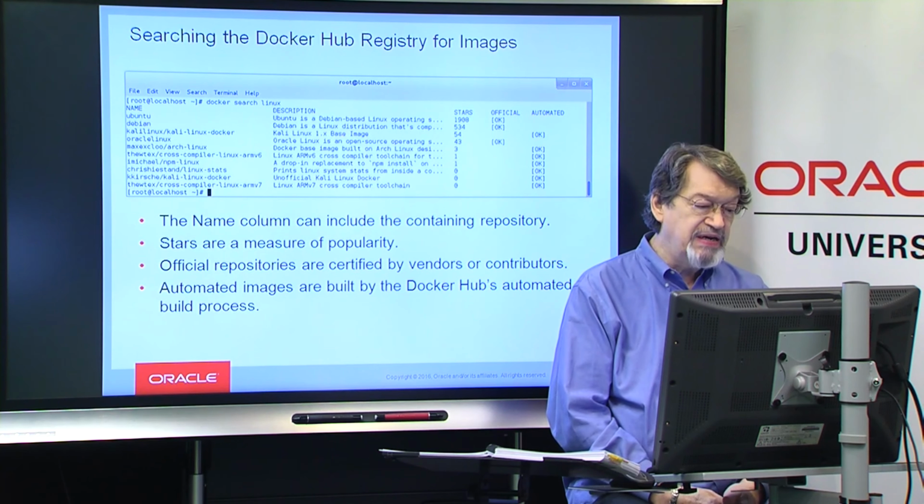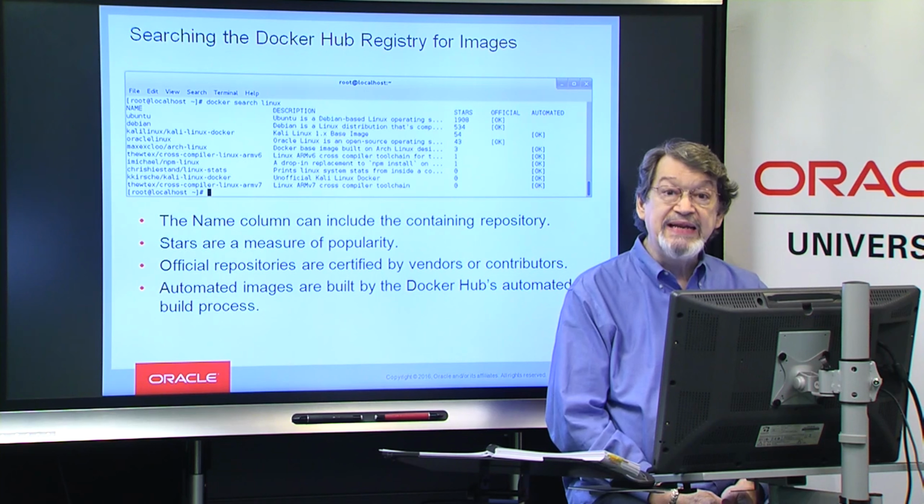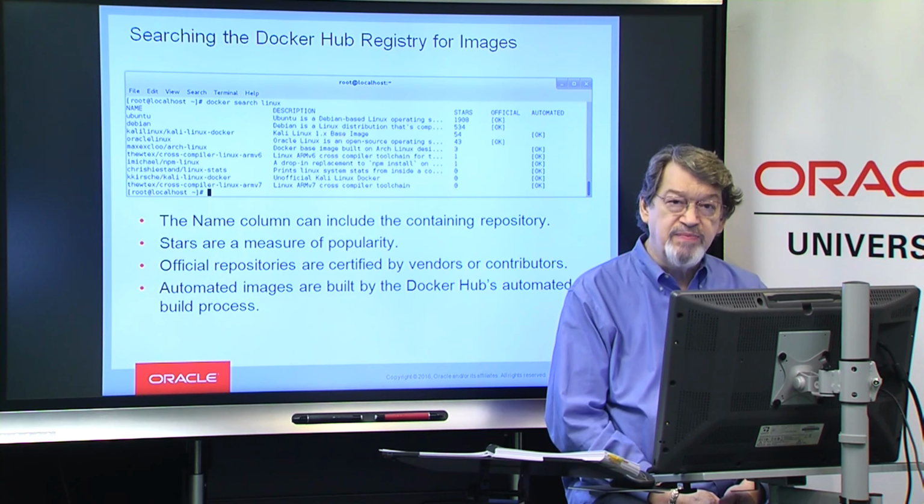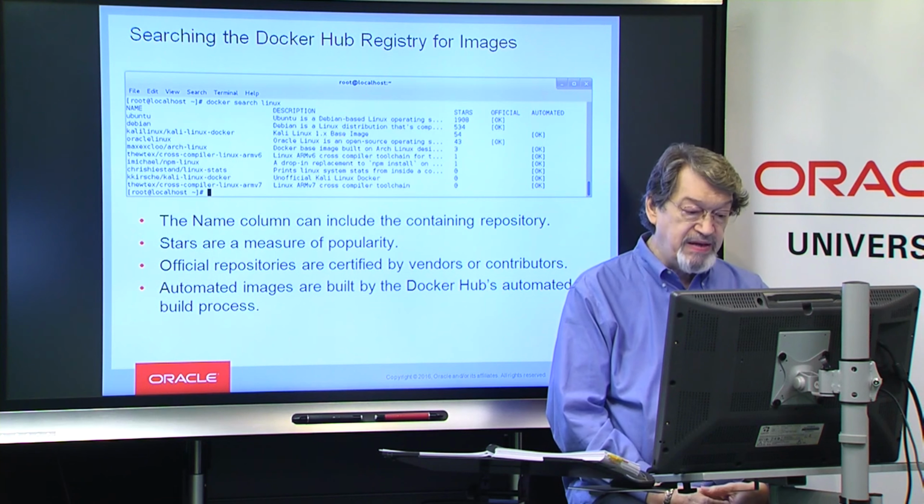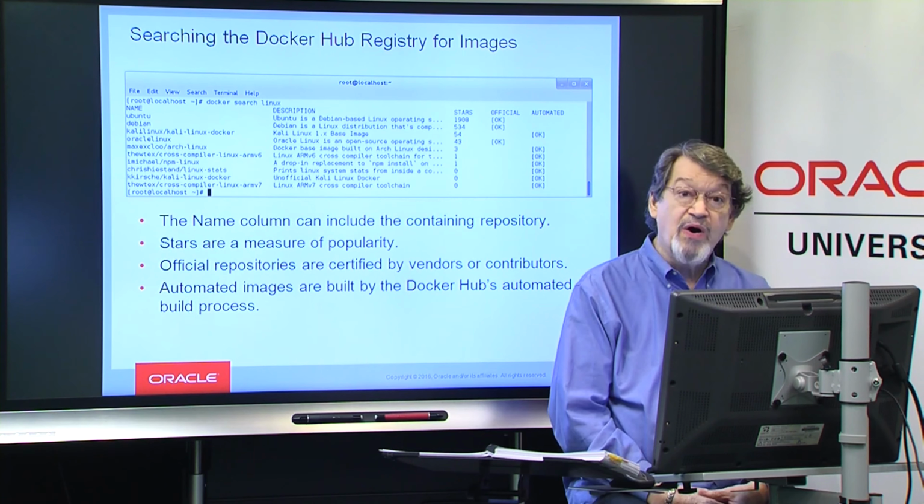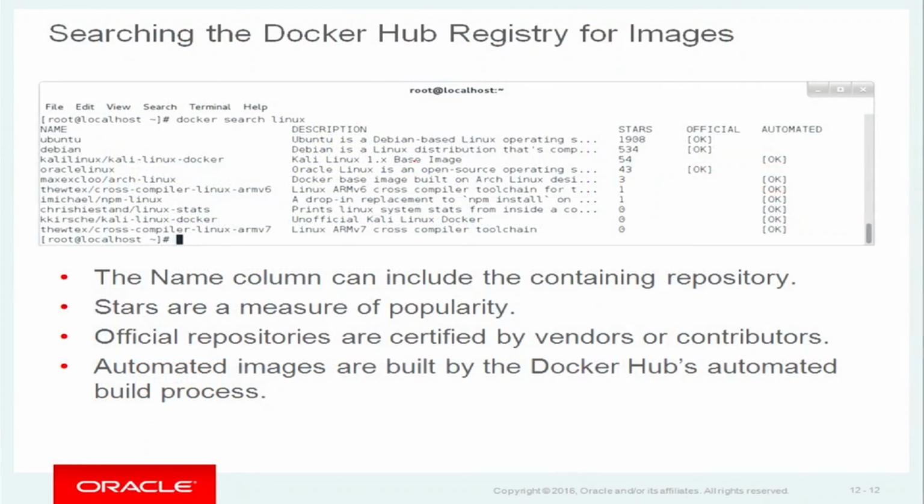I have done a Docker search on the word Linux. And I've got Canonical's Ubuntu there. Personally, on my own laptops, I use Ubuntu. Debian, a Linux distribution. Kali Linux, Oracle Linux. Now, surprisingly enough, when this was made, today, there's Fedora, there's Red Hat, there's a whole bunch of other Linuxes that are out there that you can choose for images